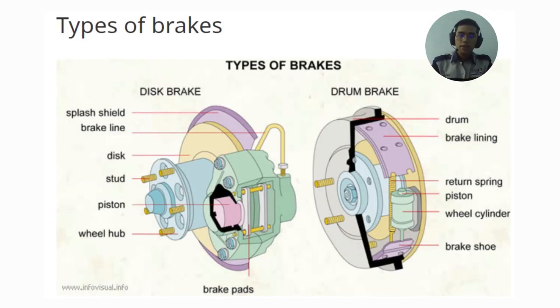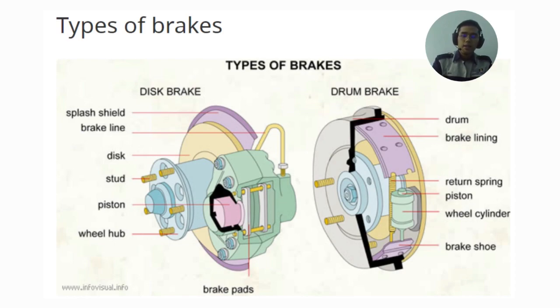Okay, after that, I will explain about the drum brakes and the disc brake. First, the drum. The drum is a cylinder part that is attached to the wheel against which the brake shoes are pressed to stop the car. And then the brake lining, the frictional part on the outside edges of the brake shoes. And then the return spring. The return spring is a part of the brake mechanism that returns the brake shoes to their initial position.